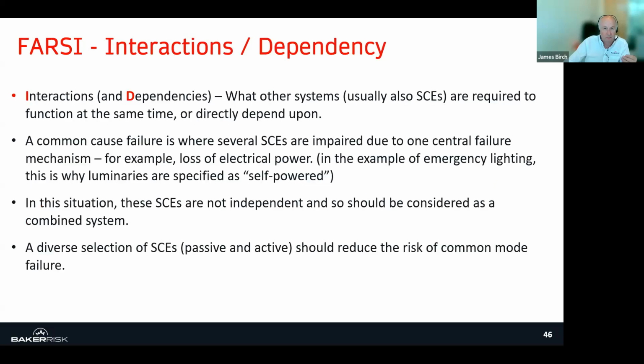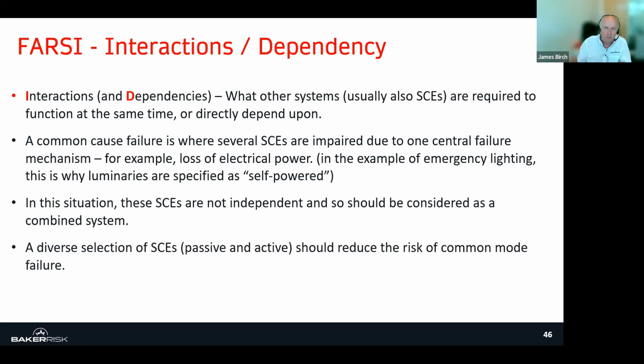And then finally, what interaction or what are they dependent on? I've tried to address that with the emergency lighting by saying they will be battery backed up. They'll not rely on the plant power supply to work. But again, I then have to remember that's dependent upon those battery packs being in good working order and testing them. So the functional performance specification is quite a detailed document. And that is what forms the basis of the inspection, the testing, and the verification that we'll go on to talk about in the next section.